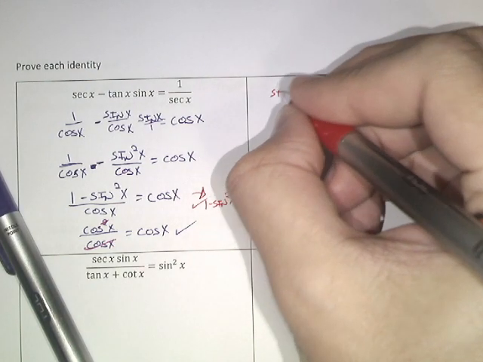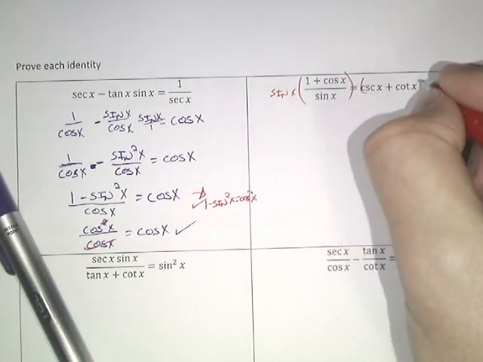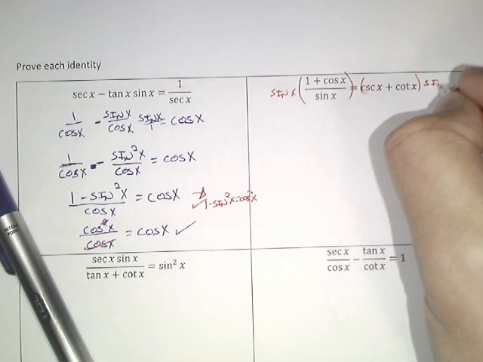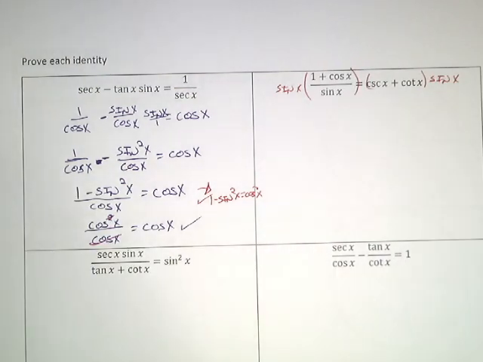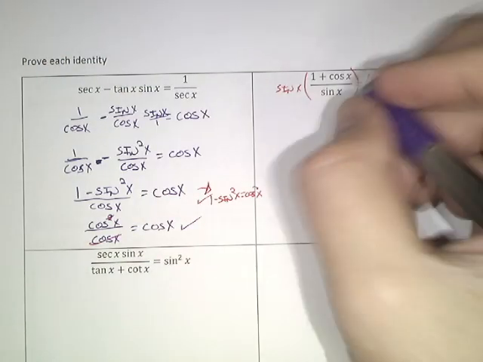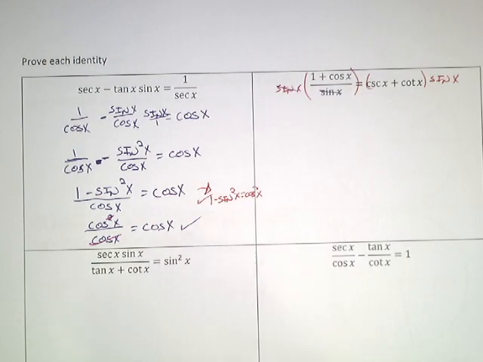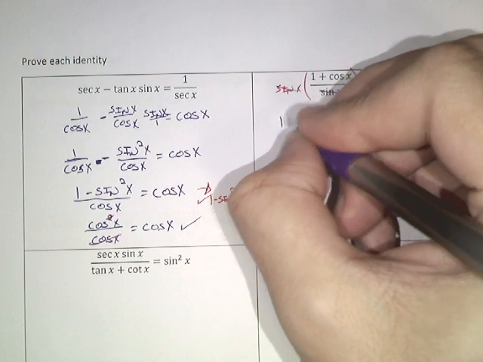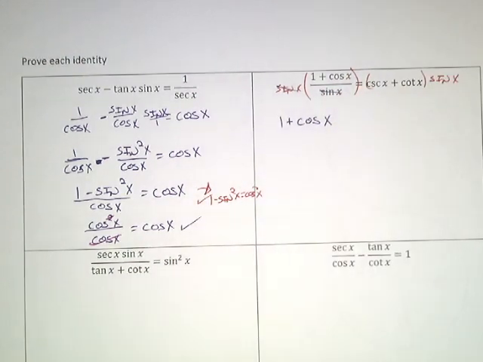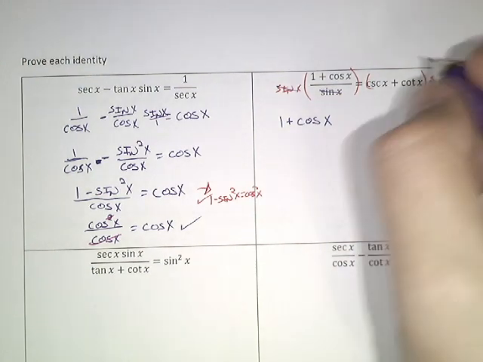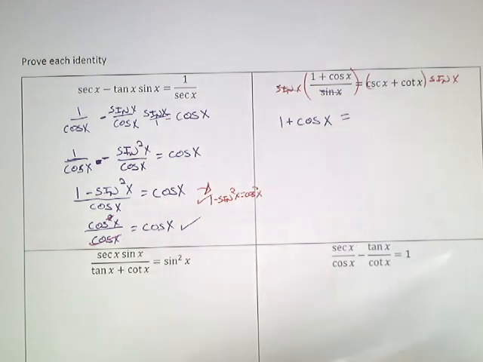So I'm going to multiply both sides by sine x. Let's see what happens if I do that. Hopefully it doesn't become an abomination. So this cancels out over here, and we get 1 plus cosine x is equal to,